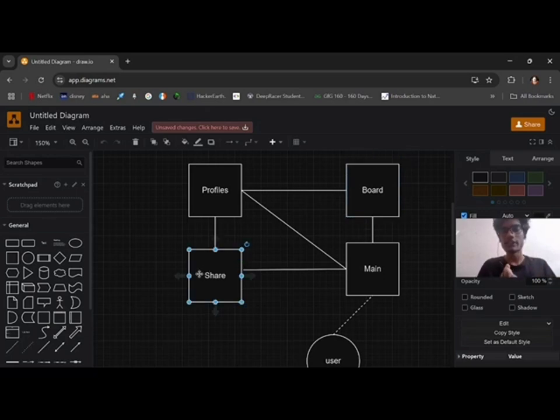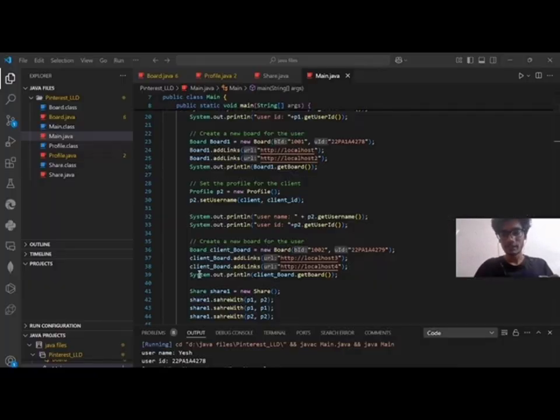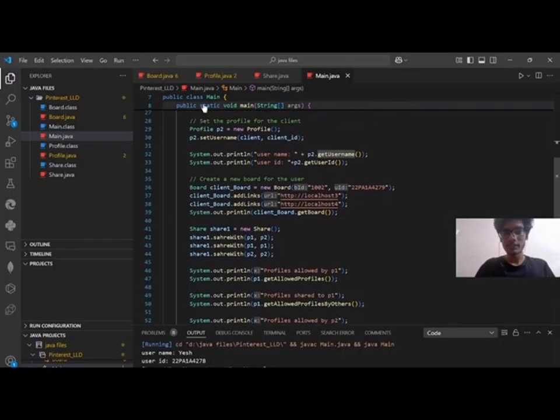Next, Share is the other class, which is used to grant permissions from one user to another. All of these things are coordinated together in the main method according to the wish of the user and clients. These are the programs for this. When we run it,